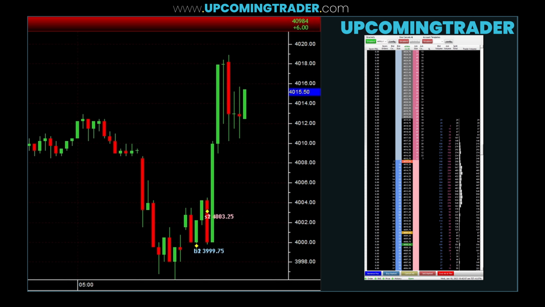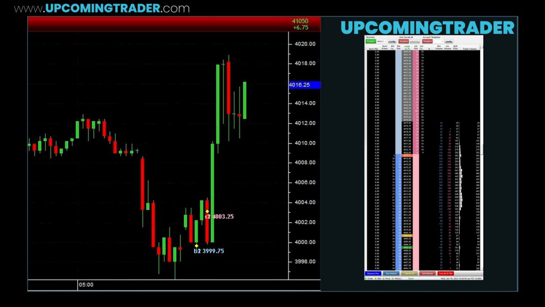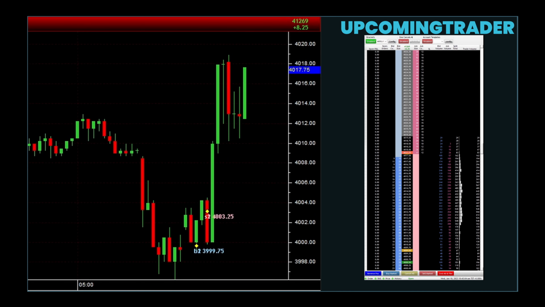Similarly, if the MACD is showing bullish momentum, it means there is strong upward movement that supports the golden cross signal. High trading volume during these crossovers also strengthens the signals, as it means that many traders are participating and